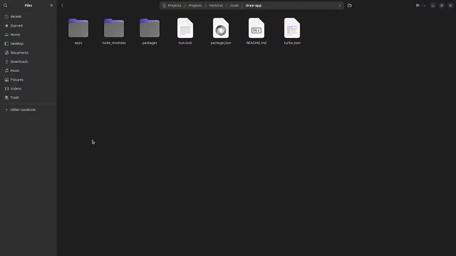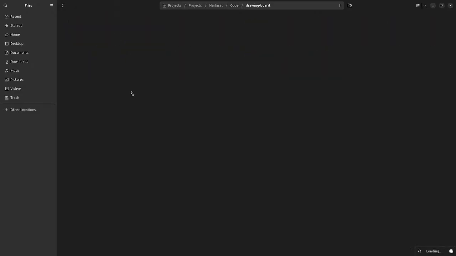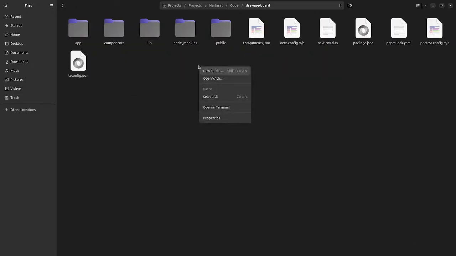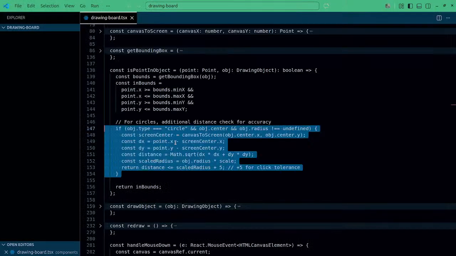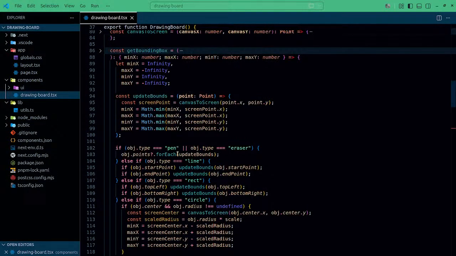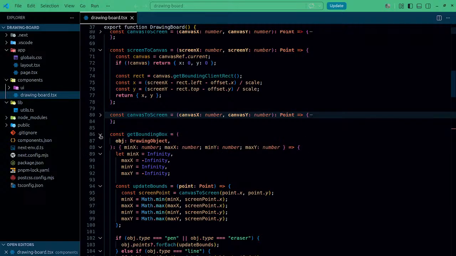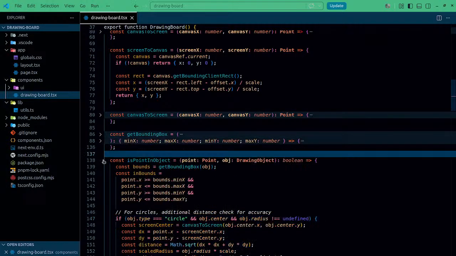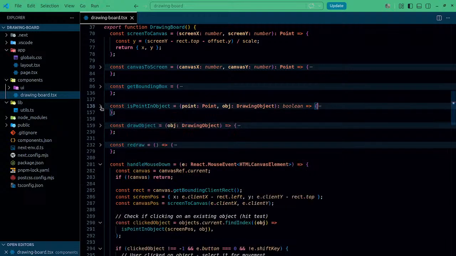Let me spin up other ones as well. We had this drawing board. What kind of project is this? Well, probably this is the one made by the AI itself, and it turns out this way only AI can write the code in the same file. Yeah, so this is written by AI,